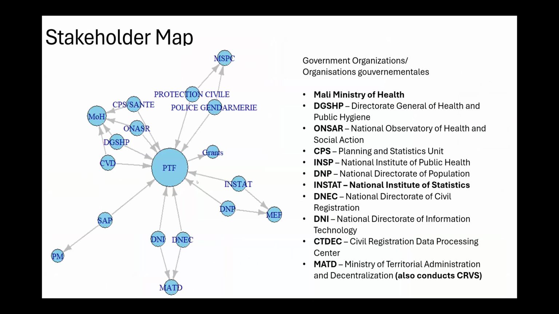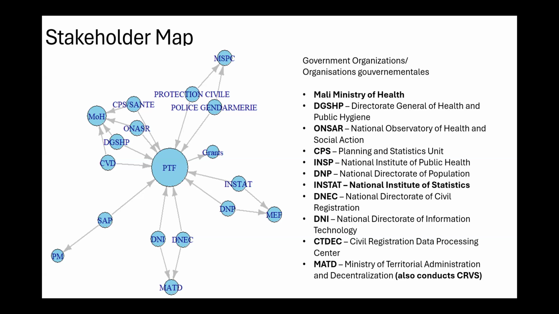As you can see, this is a stakeholder map. This was programmed in R. If anyone wants my code, I can easily send it over to you. It's very simple. You put in the to and the from entities, and it develops this map nicely for you. What we've done here is, with the deputy director general, we were able to brainstorm and map all of the key players within public health and mortality surveillance and reporting. And so we were able to construct this map here.